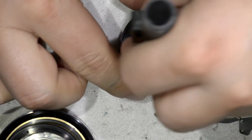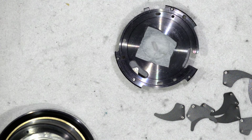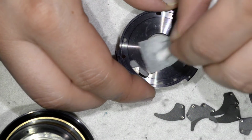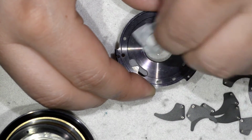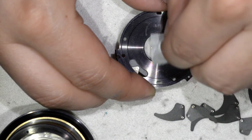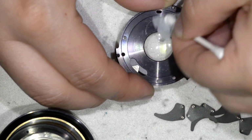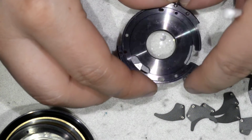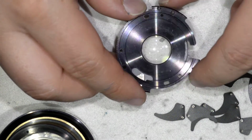And then here I come and then I rub this stick, which is a bit too big, so I'm going to use one of the cotton swabs just to move the paper around, make sure it goes everywhere on the lens surface. And then once done, yeah, I am done. The lens looks rather clean, so we're going to put this aside and save it for